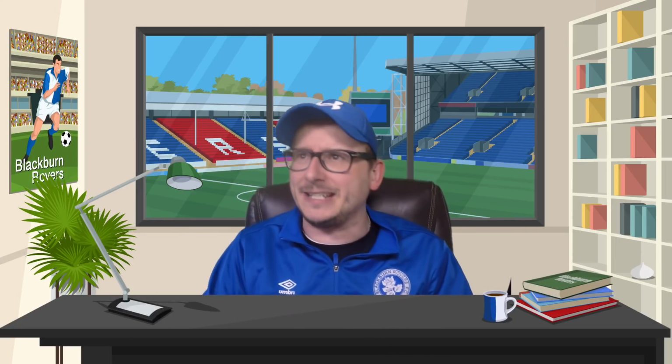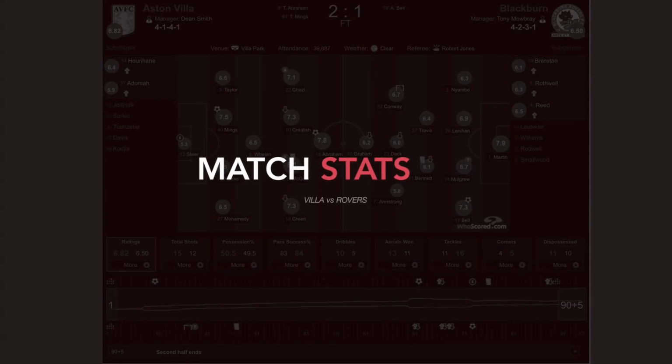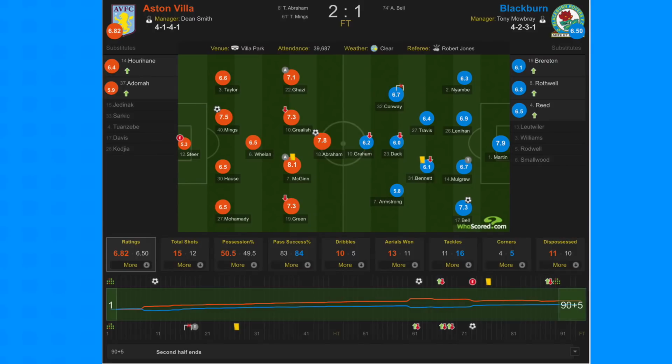Now, let's jump into the thick of things and take a look at the match in a bit more detail. It did take place right here at Villa Park. 39,687 people were in attendance to see this as Aston Villa came out on top with a 2-1 win over the mighty Blue and White Halves, in a game that was the first for both sides after the international break. And it was a match I think the majority of Rovers fans were expecting to lose